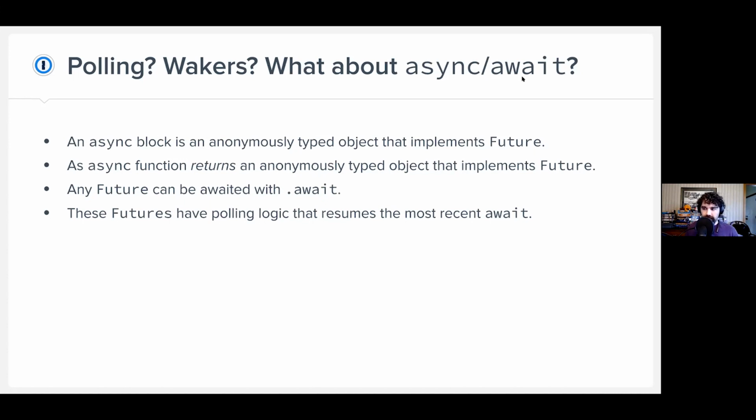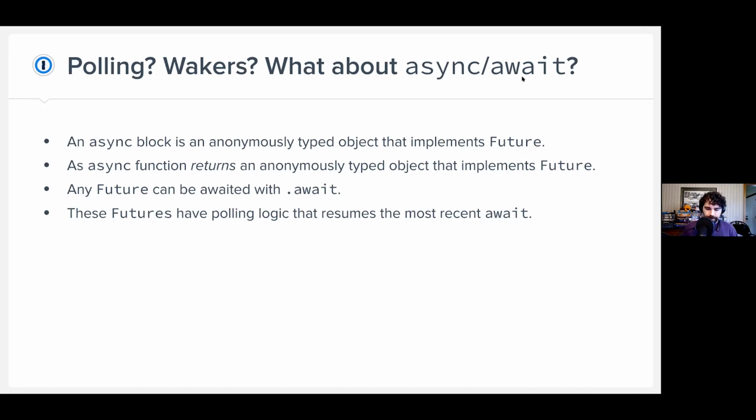The future type that's created by this, when it awaits something, you can await any future. When it awaits a future, that just means that the poll function that was created polls the inner future. And when the inner future returns pending, the async function returns pending, and it has state. It remembers where it was last awaited, including where in the for loop it was, where in the ifs it was. All the control flow stuff is preserved. And when you poll it again, it returns to where it left off, repolls the inner future, and continues.